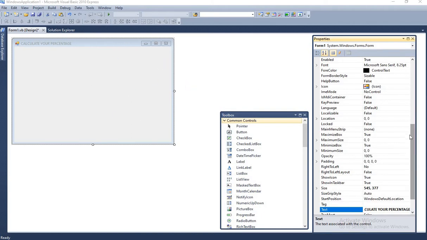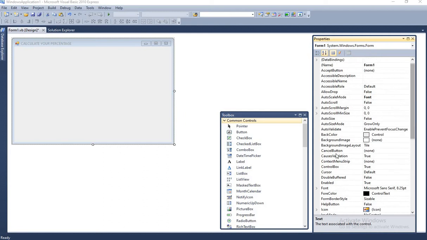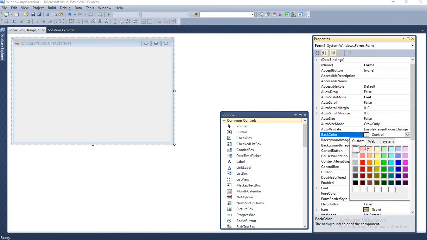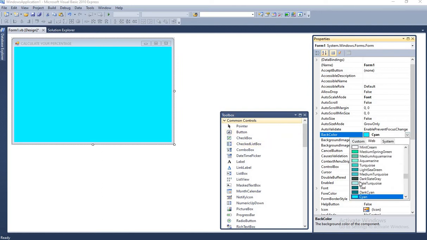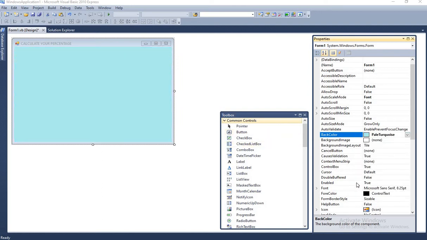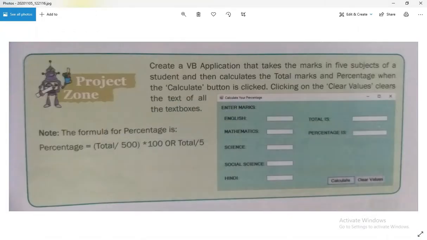Go to the back color property of the form. This is present over here, back color, and in the back color property you can change the color like this. Any one of the colors you can choose from here. I have chosen this one, or like this one you can choose, which is given in the book. Now the properties of the form are changed according to the interface.